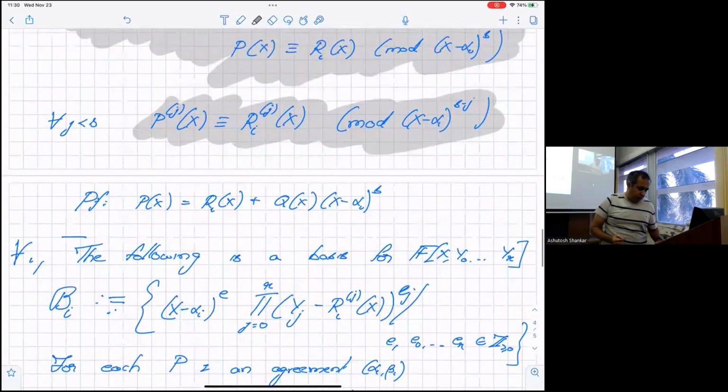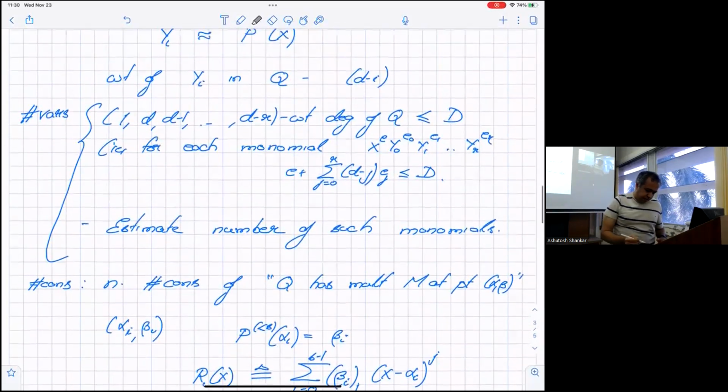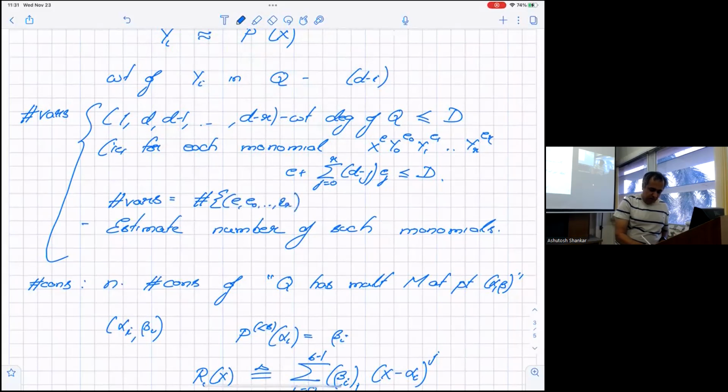So what I claim is, if you recall, the number of variables was the number of such tuples. The number of variables was exactly equal to the number of tuples E0 up to Er, such that E plus